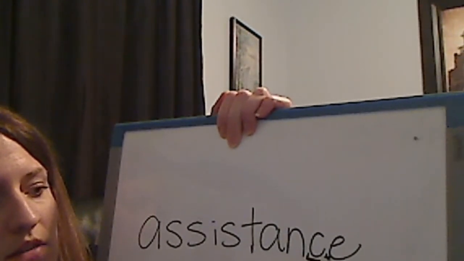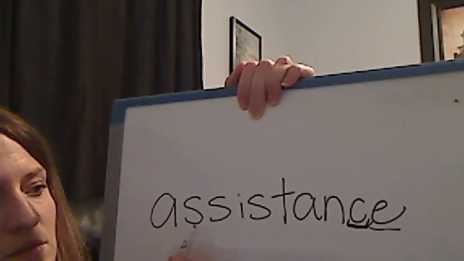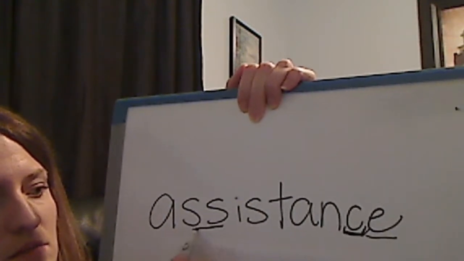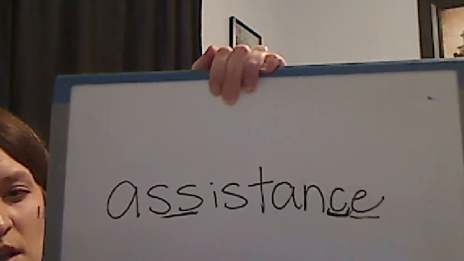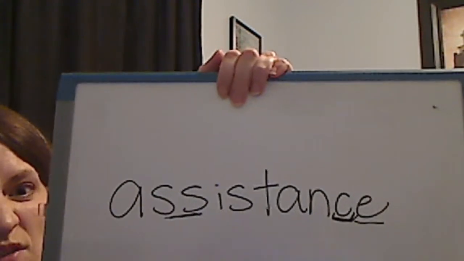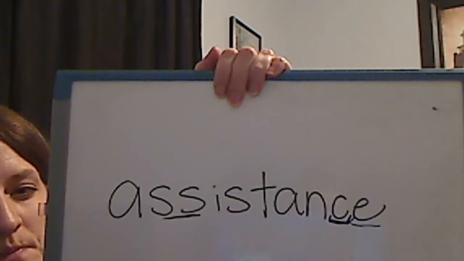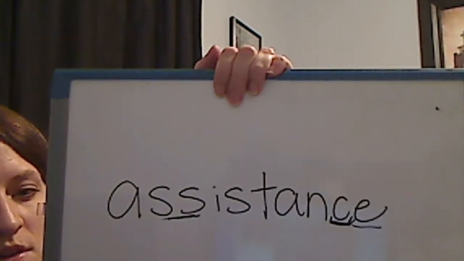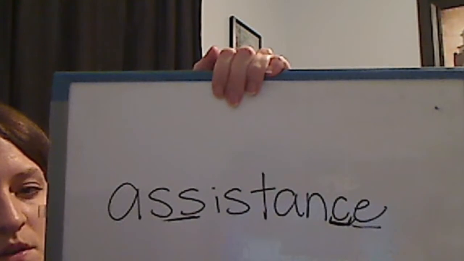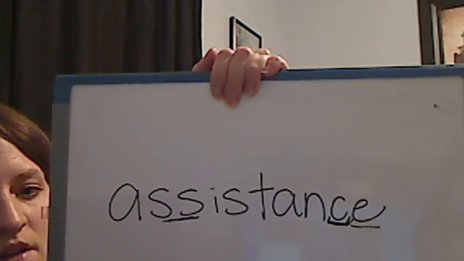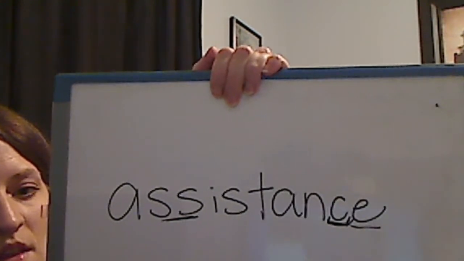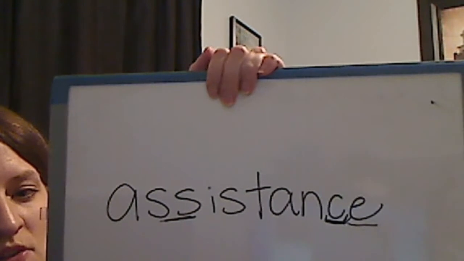That makes the S sound. It also has two S's right here, so don't forget. It's kind of a really big spelling danger word. It has lots of tricky parts in it. So if you need to pause and write this one down, go ahead and do so. Otherwise, let's erase and go to our next spelling danger word. Your next word,